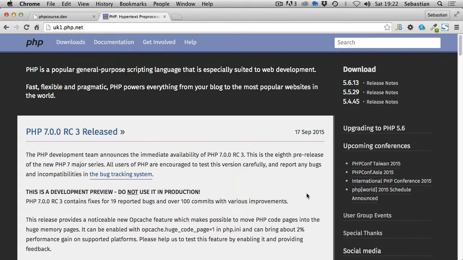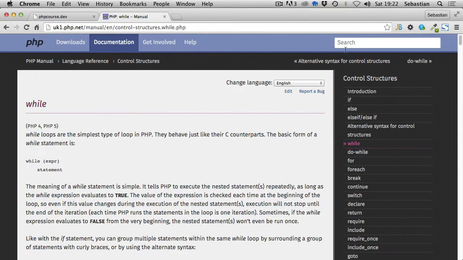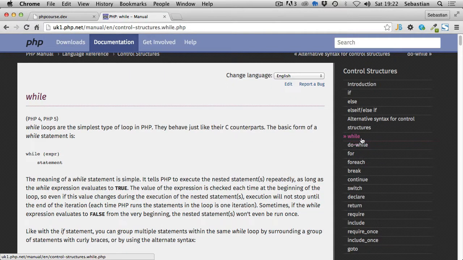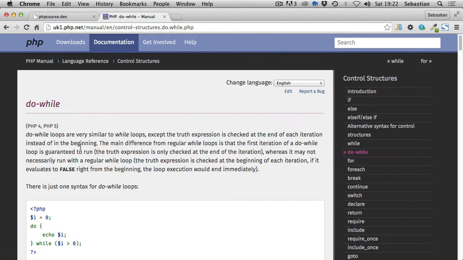The next loop function will be do while, and we are going to type while again in a search because this is going to be the easiest way to find it. And on the right hand side, right after the while, you've got do-while. If we click on that one, it says, do-while loops are very similar to while loops, except that